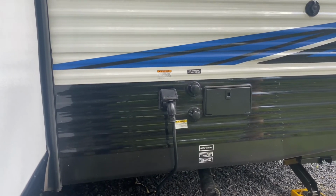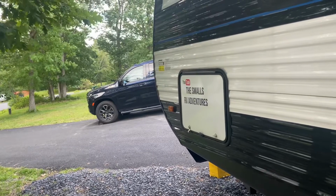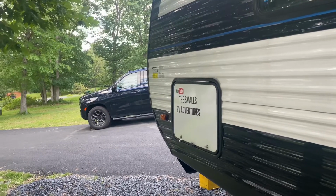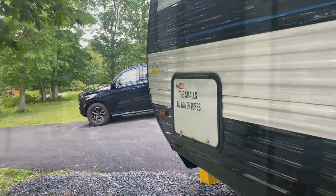But we're leveled, we're even, it's great. Moochdocking, sometimes you even have room to put your car in. If we didn't, we can just park on the side of the RV with the grass, but there's enough room when we're Moochdocking at this location that we can leave the truck right on the side. Now let's go inside so I can show you what we use for our internet hotspot